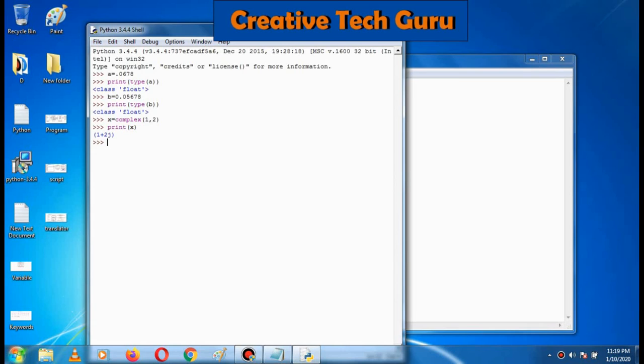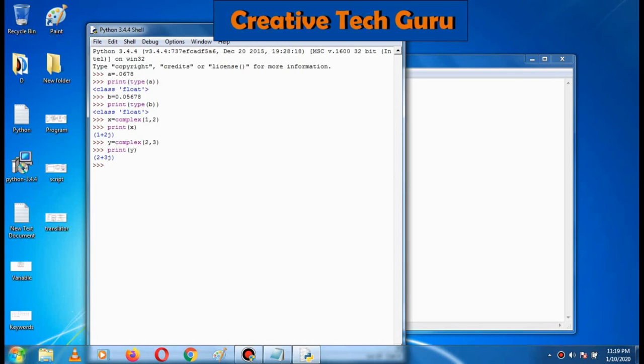In the same way, you can assign a value for y also, that is complex, and now I am giving 2 as a real value and 3 as an imaginary value. Now I am printing the y value and it is case sensitive. Now it is giving output as 2 plus 3j.